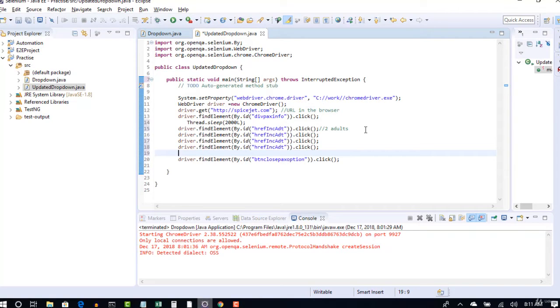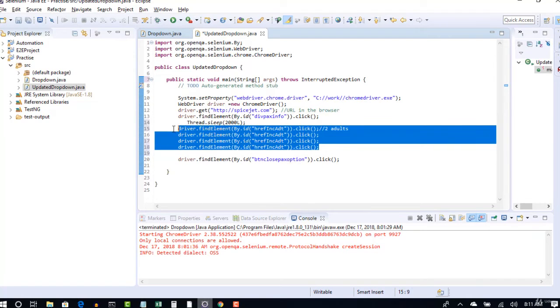If you do like this, this is correct. Your test will pass, but your lead, whoever it is, superior to you, will reject your code. Why? It's not at all good to repeat a single step 4 times. It may still be a valid case because you want to select the plus icon 4 times, but that's not a good practice to write it like this.